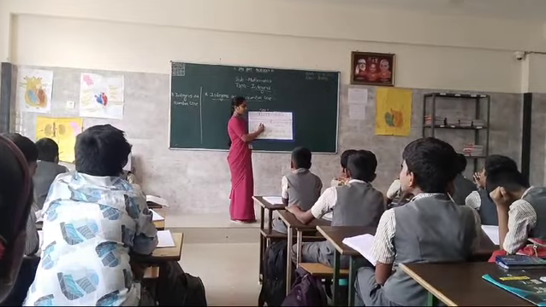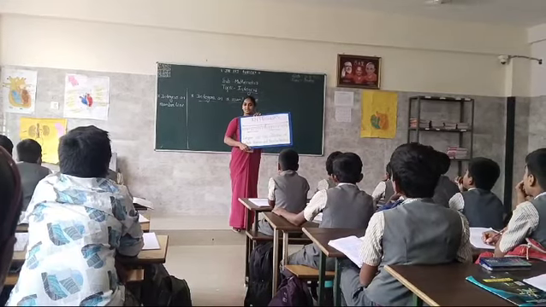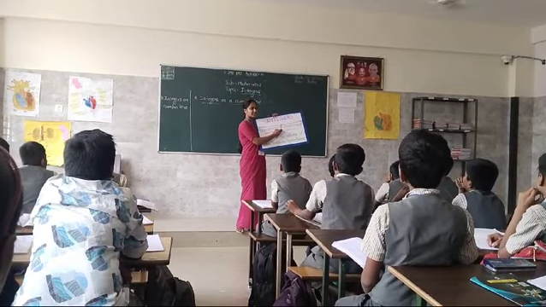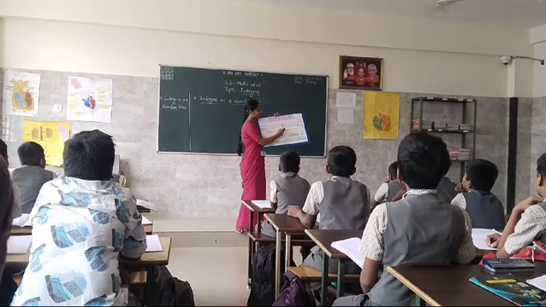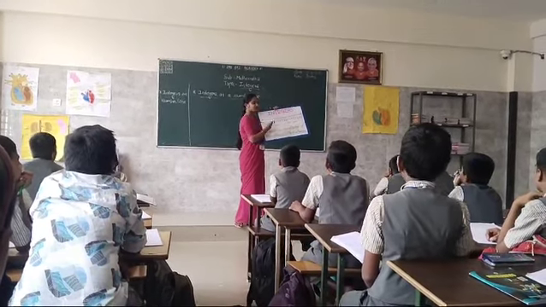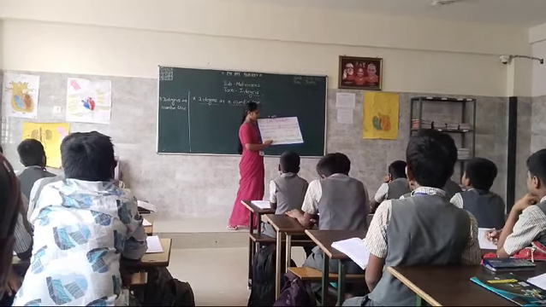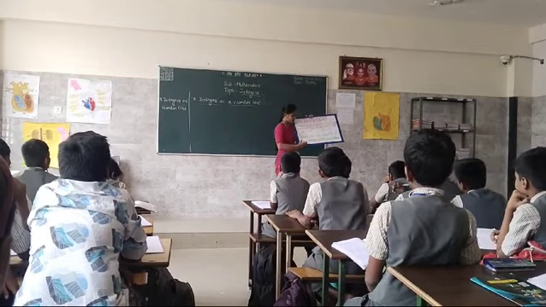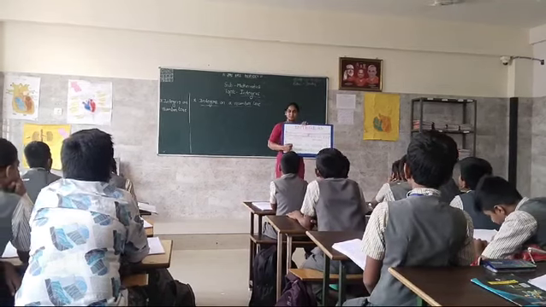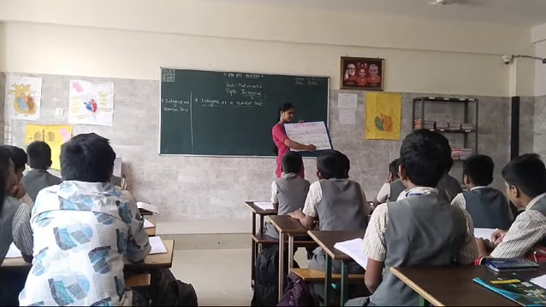This is the integers chart, and this is integers on a number line. Is this clearly visible to all? It starts with the number 0 as the reference number. From 0 towards the right, positive integers. From 0 to the left, negative integers. Clear? So, integers can be defined as the collection of whole numbers and negative numbers. Repeat it.